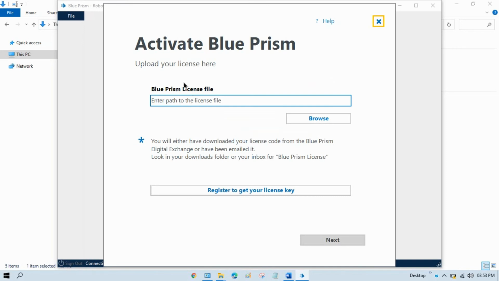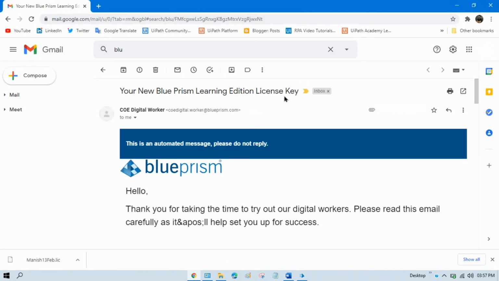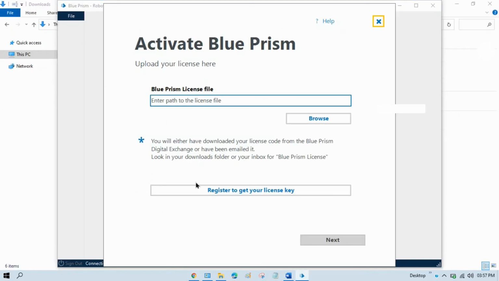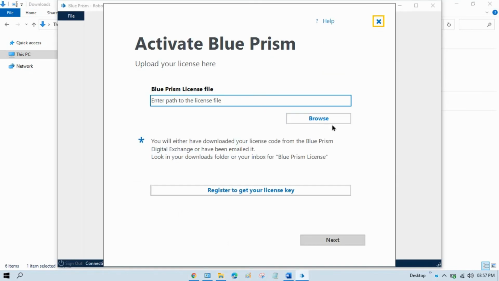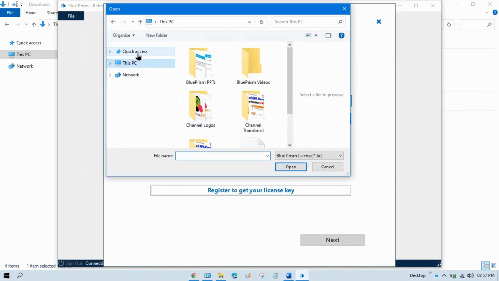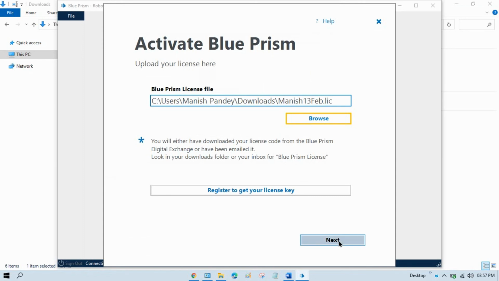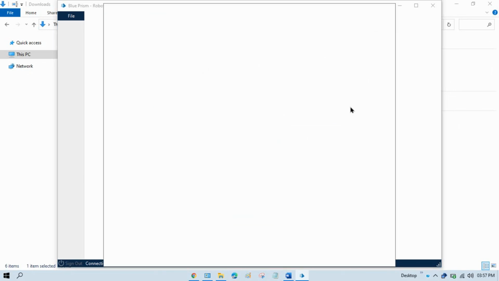Now here you have to find that license file and then you have to activate that. So here in my Gmail I have already received this license key. You can just go down and here you can see this is the license file. Click on download. So this license I already have, and here you can see this is the license file. So just go to the Blue Prism, click on browse, go to the download folder, select this license file, click open, click next. Now you can see all set up. So now we are ready to use Blue Prism,